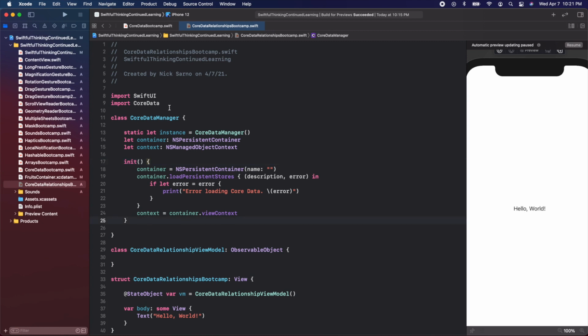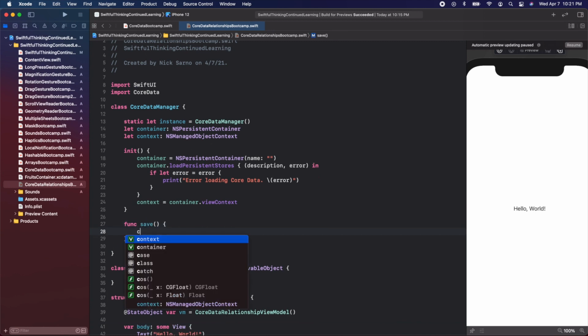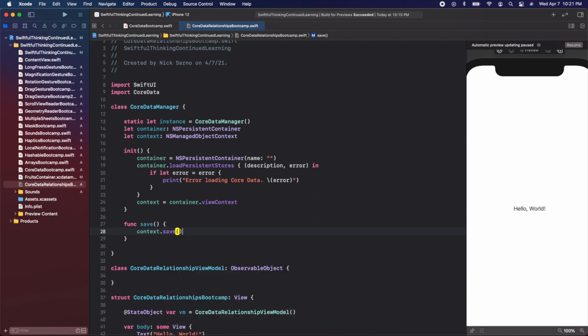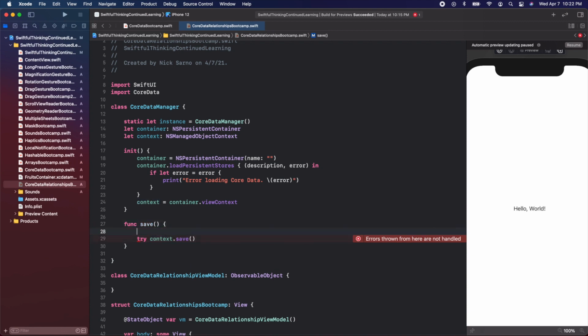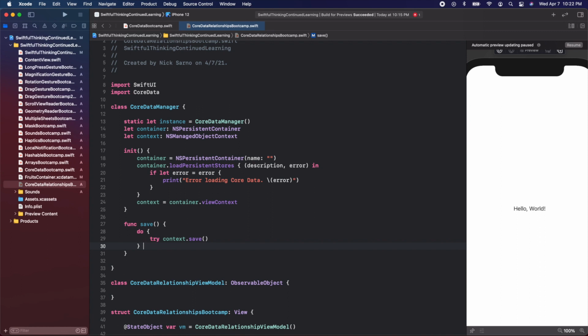We're going to add one more function to this manager to save the data. So we'll say func save, open close parentheses, open the brackets. And in here, we're simply going to call context.save. And we're going to get these super helpful error messages in Xcode. So just reading this, the call can throw, but it's not marked with try. So let's mark it with try. And then, of course, it can throw, but we're not catching the errors. So we're going to add this to a do statement, put our code inside, and then we're going to catch